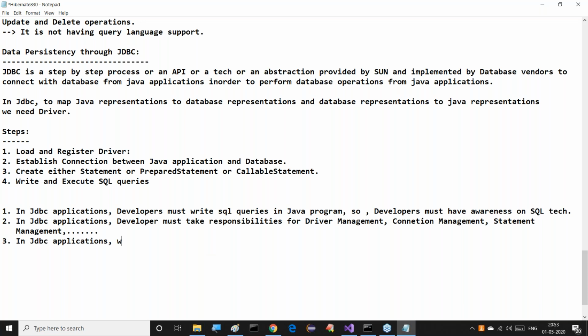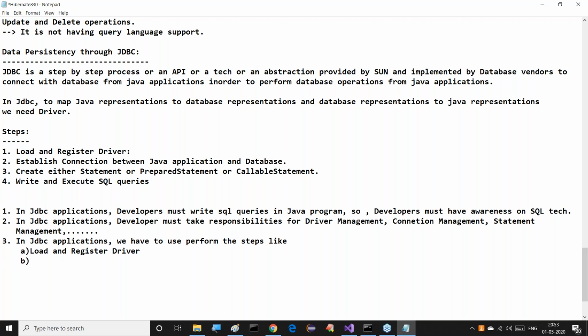In JDBC applications, we have to perform the steps like this. First one is load and register the driver.